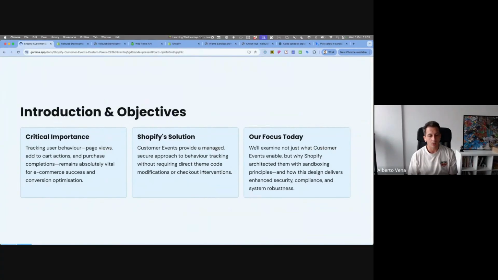So when a user interacts with the website and does some action on the website, there are some e-commerce integrations that need to be aware of their actions. And the e-commerce platform needs to send data to those platforms. For example, the most obvious one is Google Analytics and all the other